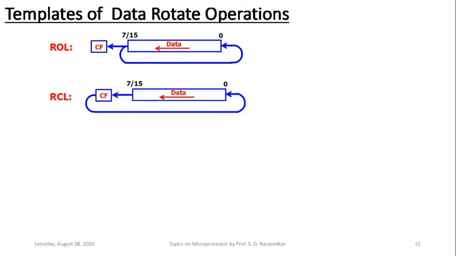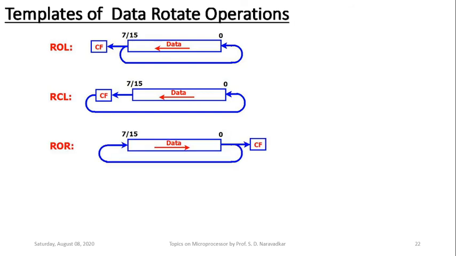It means that in case of RCL, the data rotate operation towards left will be performed and the bits which are successively coming out of the MSB will be copied to the carry flag and the contents of the carry flag will be copied to the LSB. It means that carry is placed in the closed circular path. That's why it is called rotate left through carry. Within the instruction format here, that C stands for through carry. Rotate left through carry.